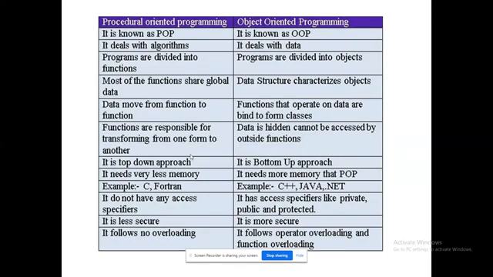So in a very clear fashion, till now we have discussed that, but in a very clear fashion, it has been given as a table here. Procedural oriented programming and object oriented programming. So how are we going to differentiate? You can substitute the term, instead of procedural oriented, you can use structure oriented programming. Okay, so they are purely concentrating on the algorithms. But when we come to object oriented programming, we are going to work only with the data, right? Because logic and data will be separated here in object-oriented programming, but there both logic and data will always be merged. So it is purely based on functions in C and C++.